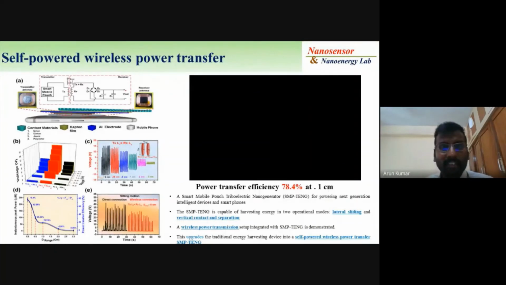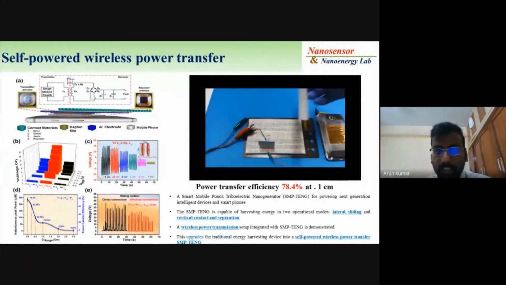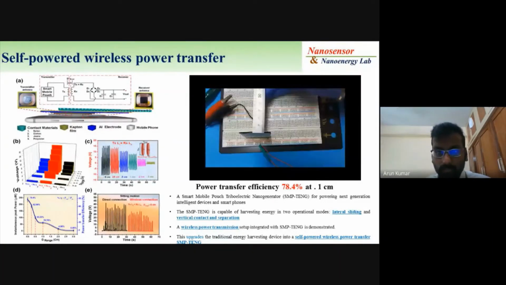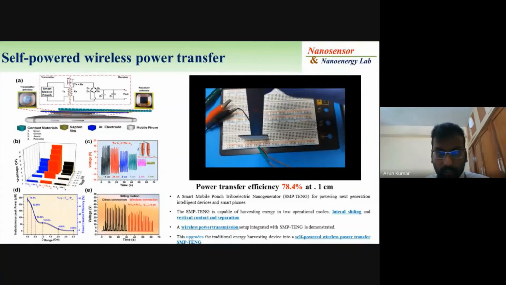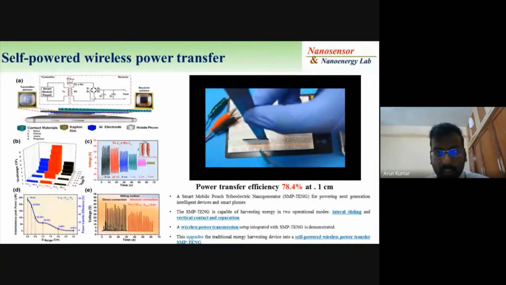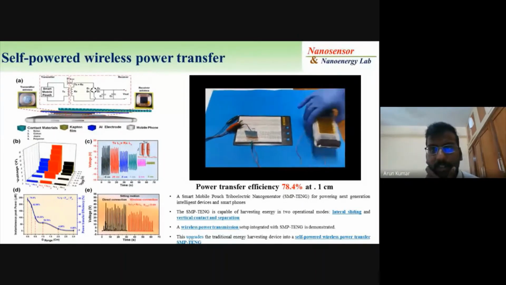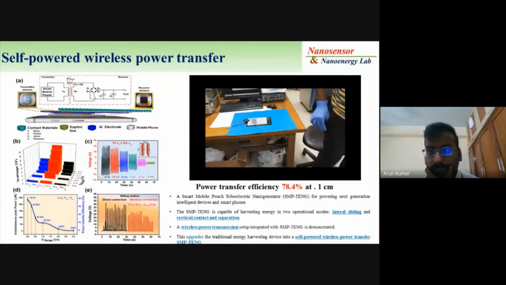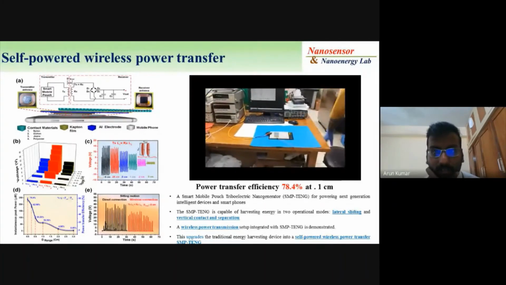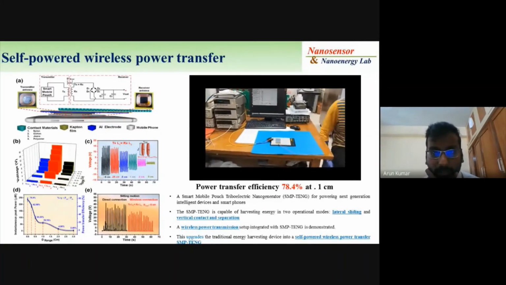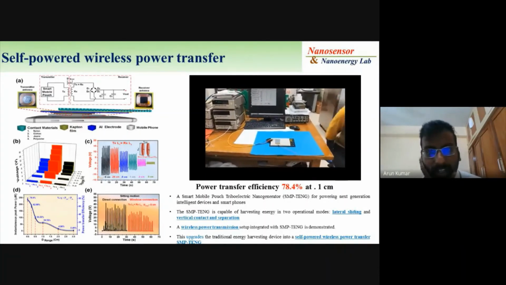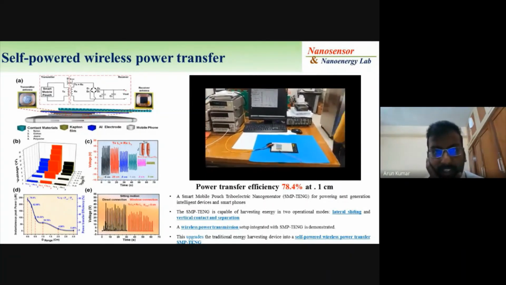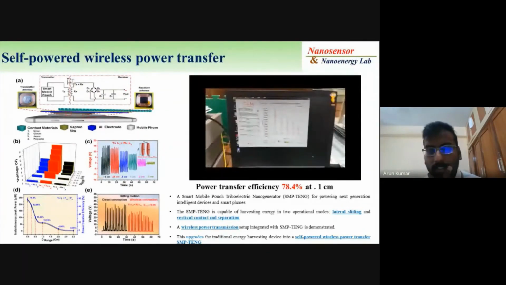Okay. So the next application here is we use the same electrometer to analyze this. We made a small circuit for power transfer. Here you can see the device working. This is a coil with a small distance. Here you can see the analysis system which we used. When we sit and stand, here you can see this is the electrometer, at the bottom you have a picometer and a nanovoltmeter, and this side is the preamplifier.